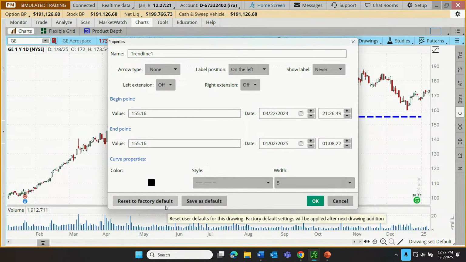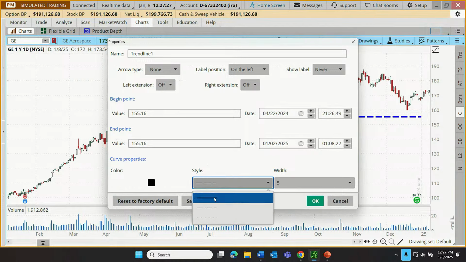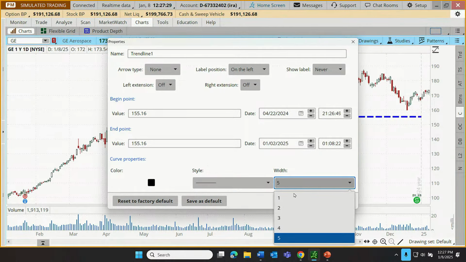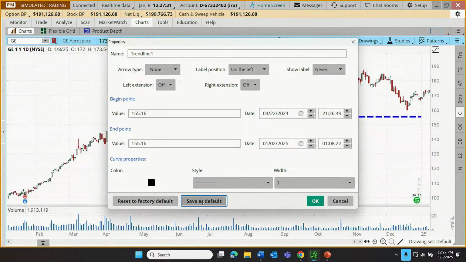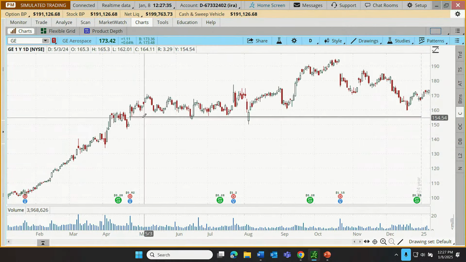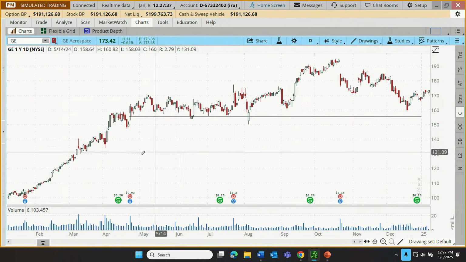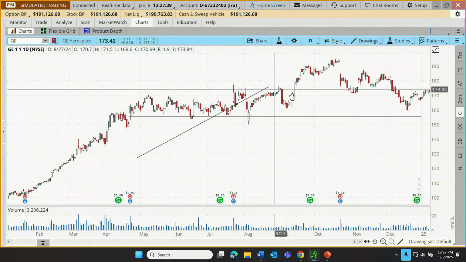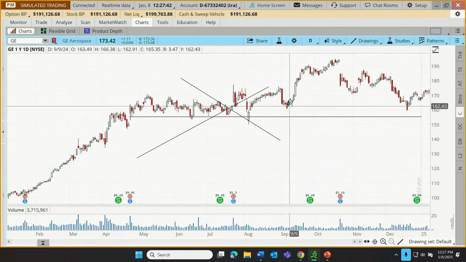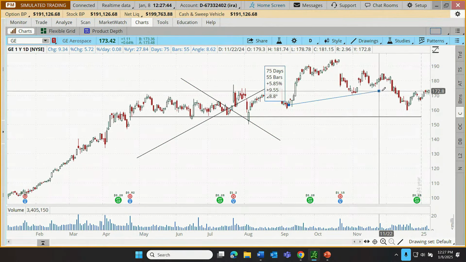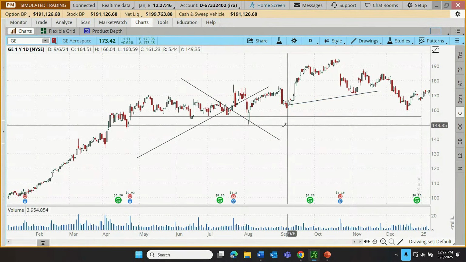How about I just go in reverse? I'm going to set this back to what it would look like the first time you draw something. Change our color to black, our style to a solid line, width a 1 out of 5, save that as a default, and then click OK. And what that just did is now that line is a thin black line, and any subsequent line that I draw is going to be a thin black line. Just draw lines all over the place.